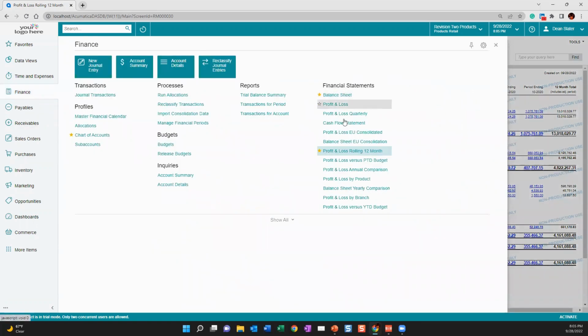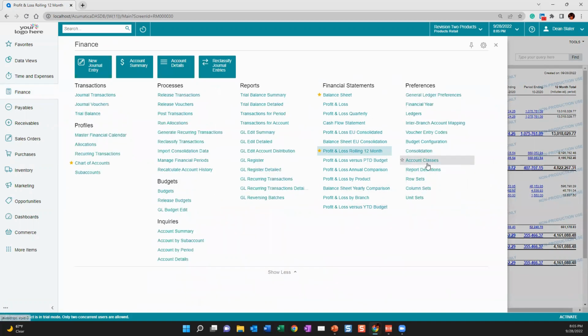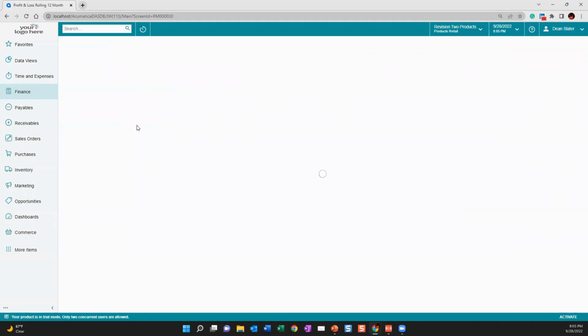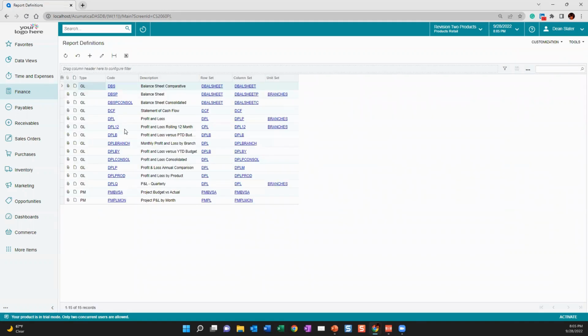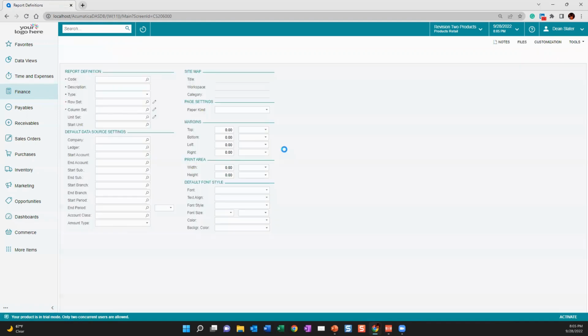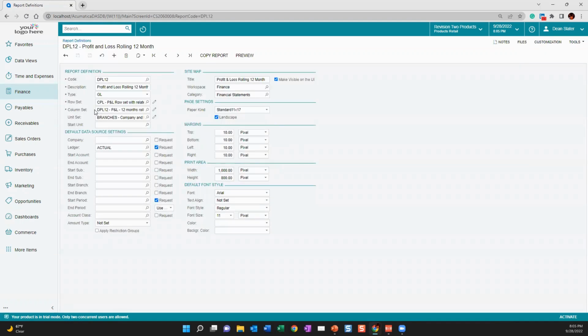There are other things out of the gate with Acumatica that we can get. We have balance sheet, cash flow statements, and other versions of the profit and loss as well, easily done within our Acumatica report writing tool. What this report writing tool gives us the capability to do is come into a particular report. So let's go look at our P&L rolling 12 that we looked at. And it has a particular row set, how the report is built from top to bottom,